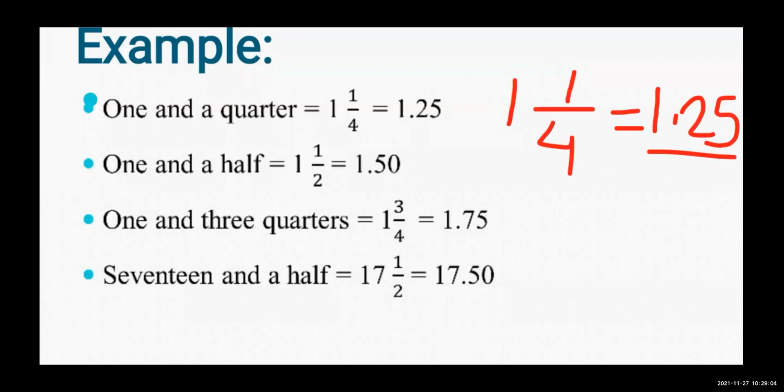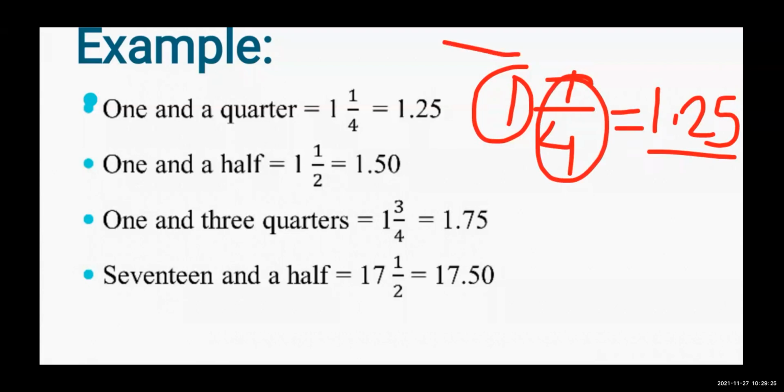So in this way, you are going to write the fraction in decimal. See, 1 and a quarter. 1 means we write 1. Quarter means 1 upon 4. Now, how will you write this in the form of decimal? That will be 1.25. Quarter मतलब मैंने अभी ही बताया आपको, it is 25.